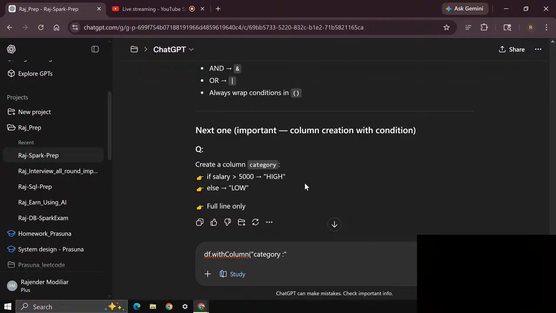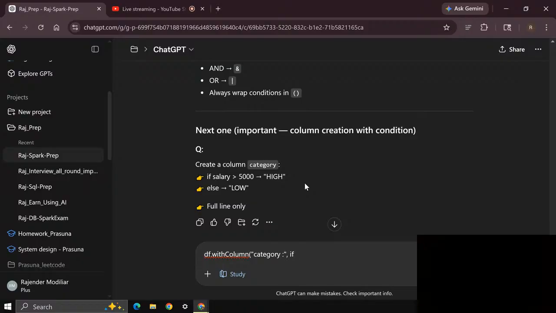If with column category, I need to deploy that here and I need to mention something here. I'm not sure what it is. Comma.